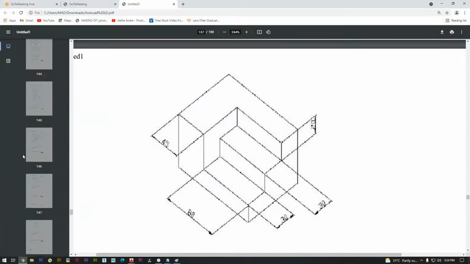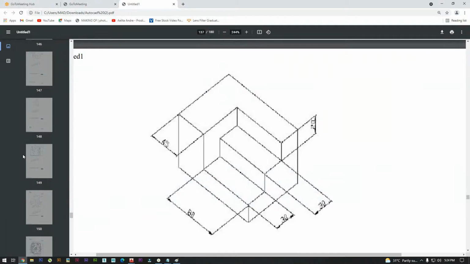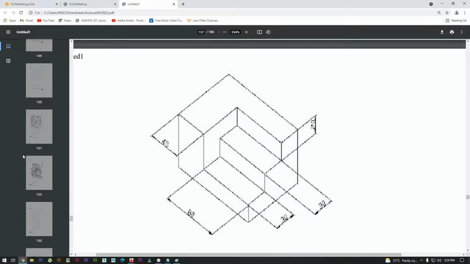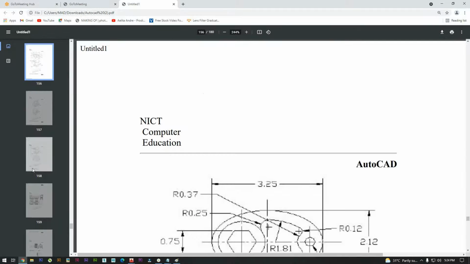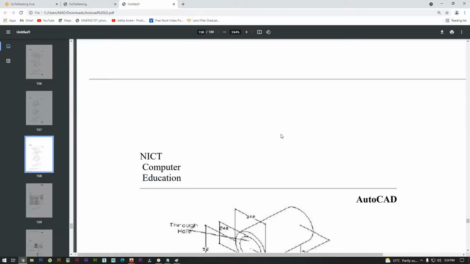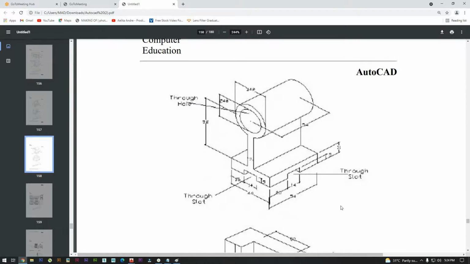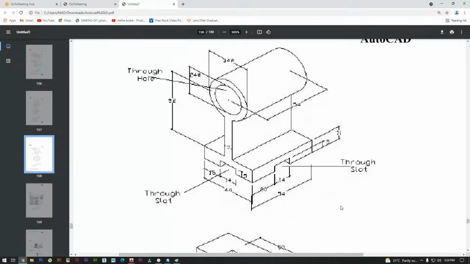Now let us go for the last drawing of the session. Can you copy down this drawing fast? Don't take a screenshot.